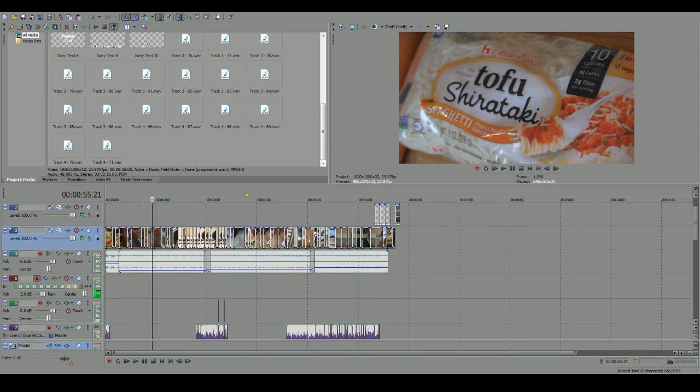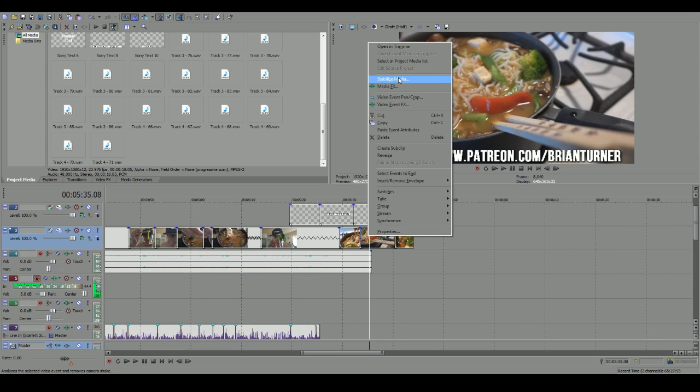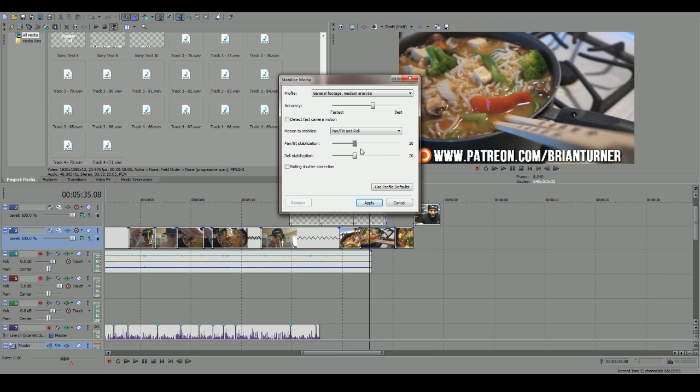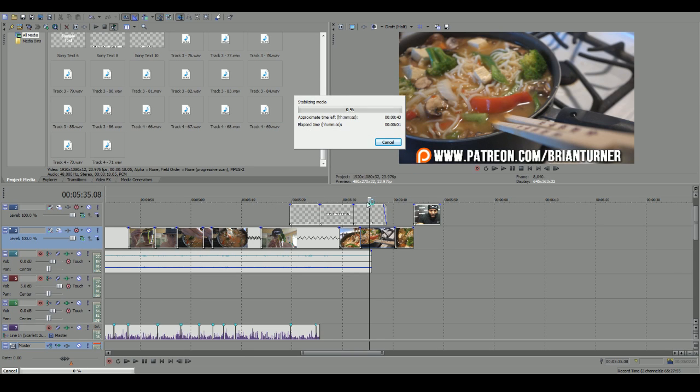Okay, so you know how I told you guys about stabilizing your videos? And I said make a subclip? Well, I've taken a lot of little clips from this video, but I want them all to be stabilized. So now I'm going to stabilize all timeline references. I'm going to stabilize the entire video, including all clips that were used. But because I don't know exactly what clips are going to be stabilized, some of them might crop too close. So this time I'm going to lower the stabilization to a lot less. That way it can stabilize them all, but not destroy them. Oh man, I just started a stabilization process without saving my project.